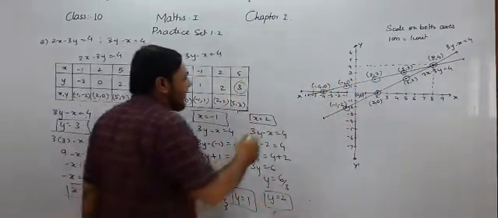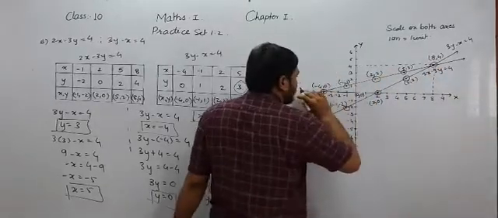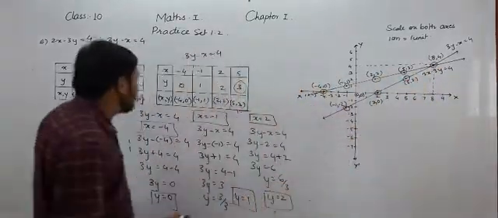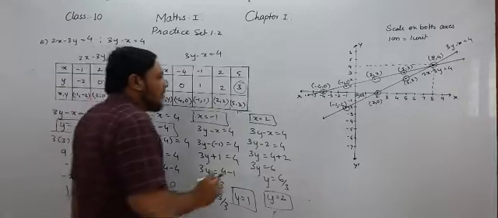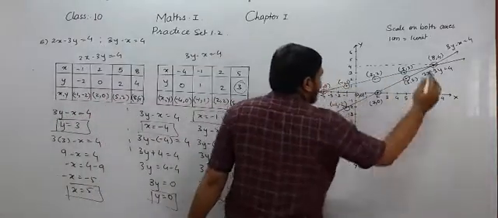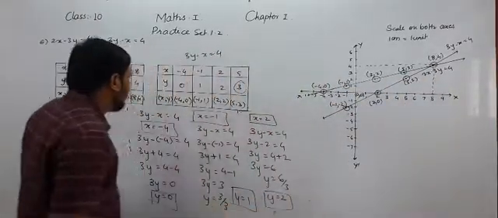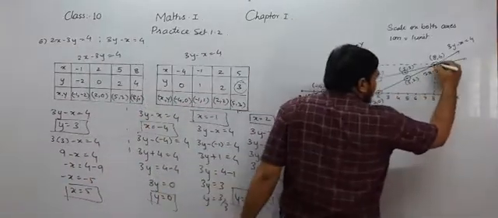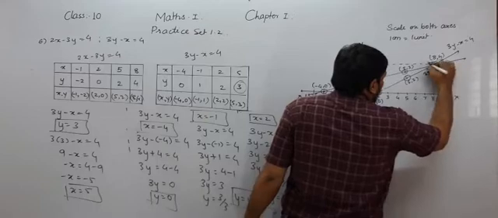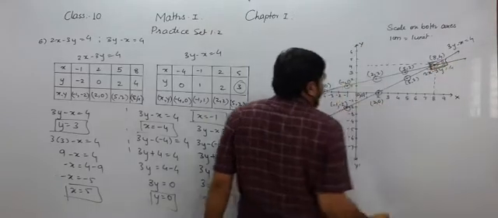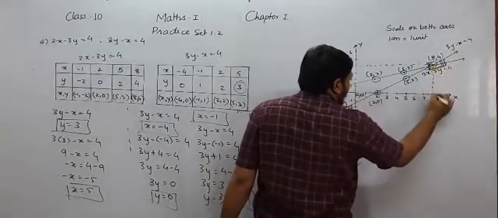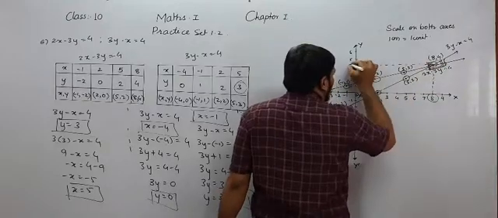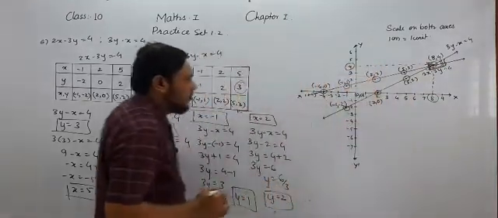Now student, you can see that both the lines are intersecting. We can also draw the straight line passing through these ordered pairs of the second equation. Now after that you can see that these straight lines are passing through a point, and that point has the coordinates 8 comma 4. This means that on this point both the lines are intersect each other, and if we look at the x coordinate of this point it is 8, and the y coordinate of this point is 4.